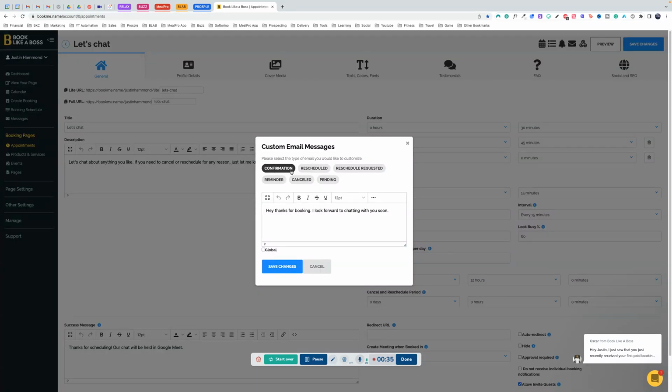Coming down here, you can see you can edit when something is rescheduled, when a reschedule has been requested, when a reminder is going out, when a booking has been canceled, and when one is pending. But here we're already on the confirmation tab, so you're welcome to go ahead and edit this to say